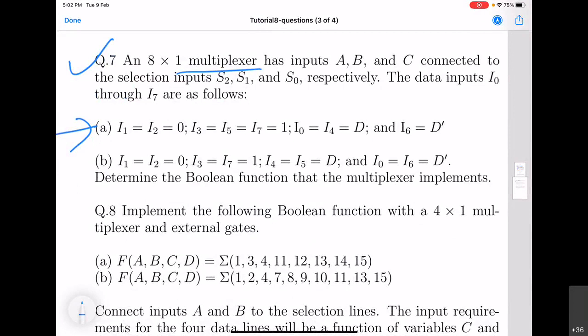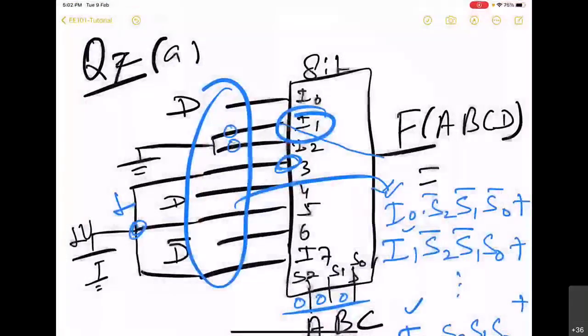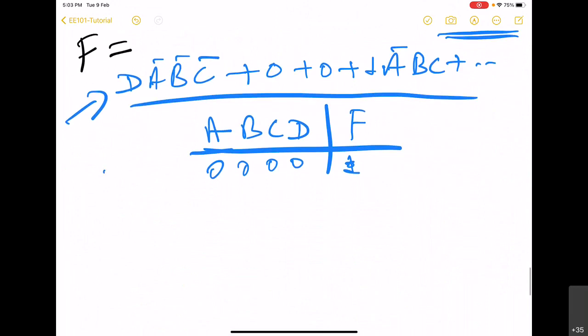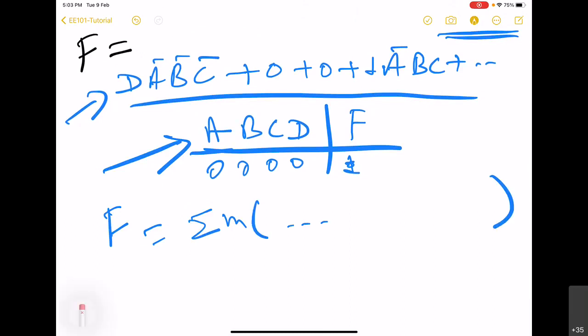Actually, we have got the final equation as it is written over there. Yes, and we can fill that in this K-map table, for example. So for filling the K-map, you need this table, or you need to represent f as a sum of min terms, right? Then you can simplify.